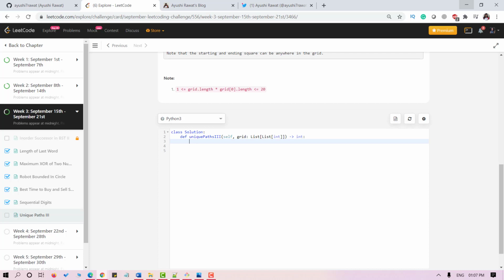Here I am going to define rows and columns. Rows will be equal to the length of the grid, and I'll take columns as the length of grid[0]. Now I will define non_obstacles as 0, and start_row and start_col as 0 also.